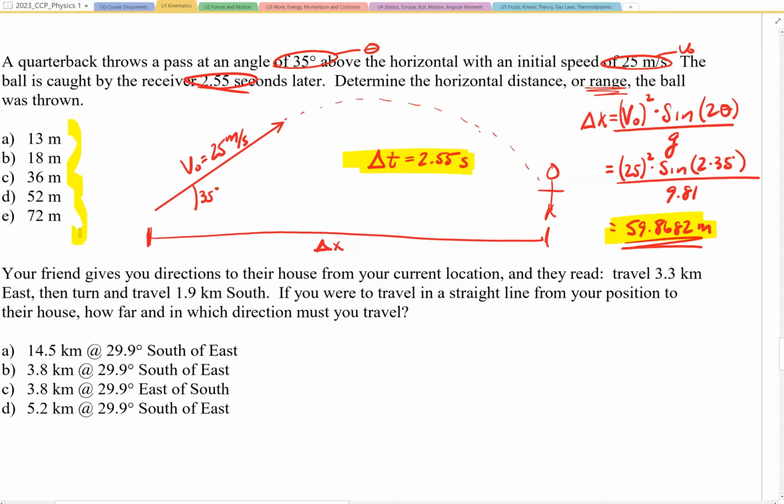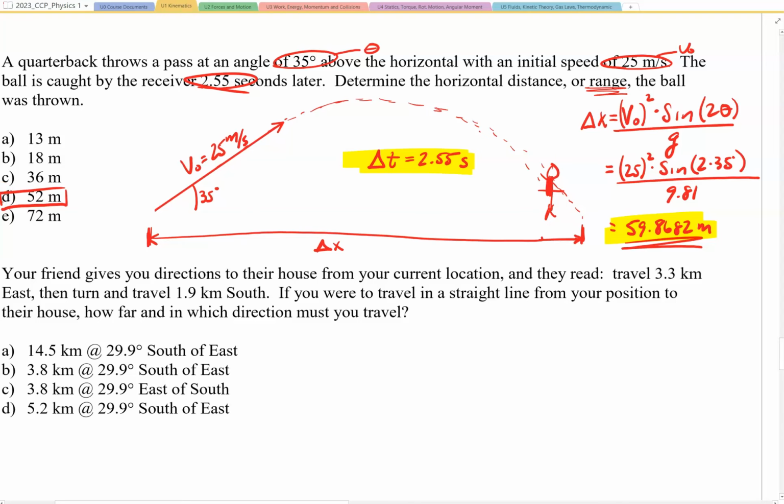And I think one thing that wasn't clear to me at the beginning of this problem was that the flight path of this ball was interrupted by the receiver. So the formula that we were using is good for projectile motion if it was uninterrupted. So if this ball was thrown and not caught by the receiver, but eventually hit the ground, now we're talking about the total distance that this object would have traveled. And I think it becomes clear that, yeah, this ball could have gone 60 meters. However, if it was caught, assume that it was on its way down here and intercepted right about here, then a reasonable answer could be